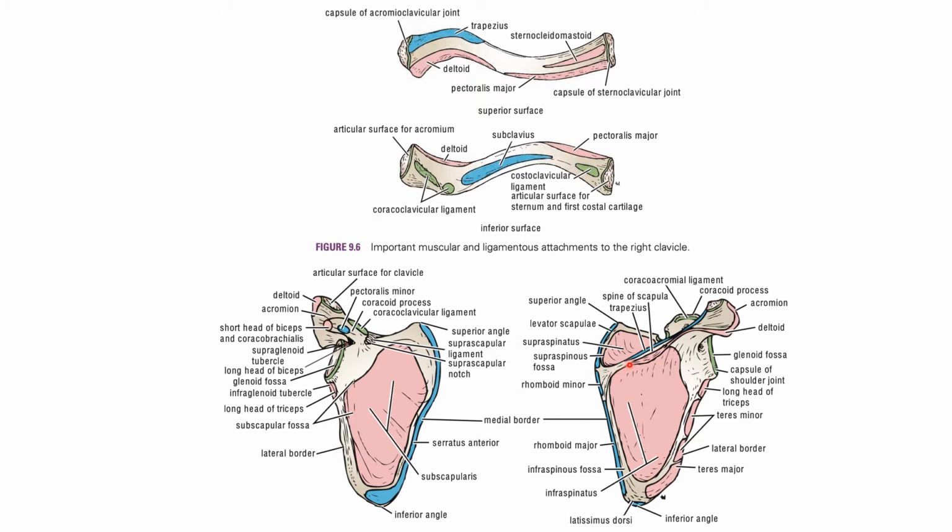Here you can see this is the spine of scapula, and you can see the posterior border of the spine of scapula, which is called the crest of the spine of scapula. The spine is laterally continuous with the acromial process. So this is the acromial process. This pink zone represents the site of origin of the acromial or the middle fibers of the deltoid, and the inferior border of the crest represents the site of origin of posterior fibers of the deltoid.